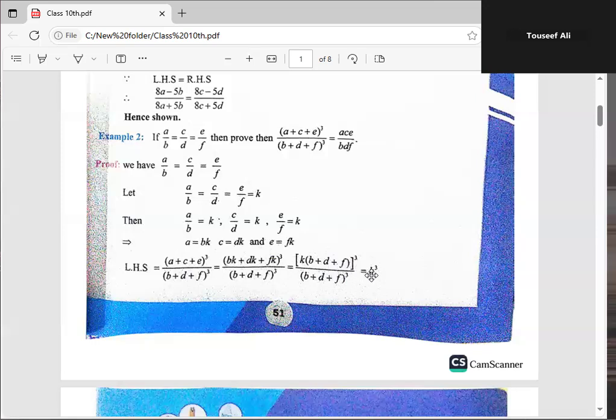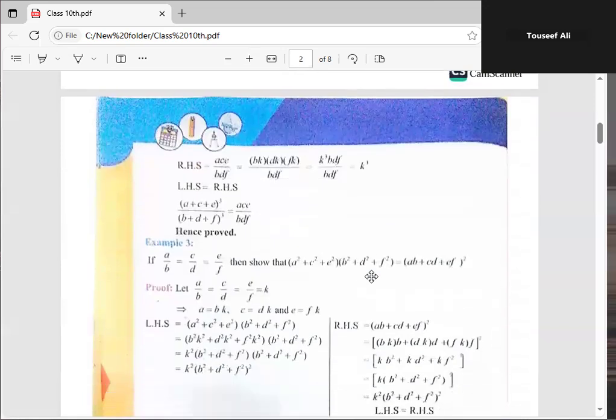Now we will consider the right hand side. Its right hand side is ace divided by bdf. We don't have values of b, d, and f. We have only values of a, c, and e. So in place of a, I will replace the value of a, which is bk, in place of c I replace the value of c, which is dk, and in place of e I replace the value of e, which is fk. Now by simplifying this,